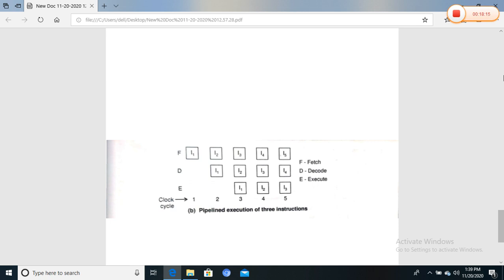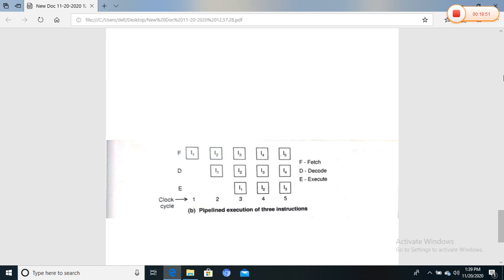The first instruction requires 3 cycles to complete. While executing the first instruction in the queue, the processor decodes the second instruction and fetches the next instruction from memory, so by pipelining we speed up the execution. And by pipelining there is a tremendous performance gain. The concept of fetching one instruction while another is being executed is called pipelining.